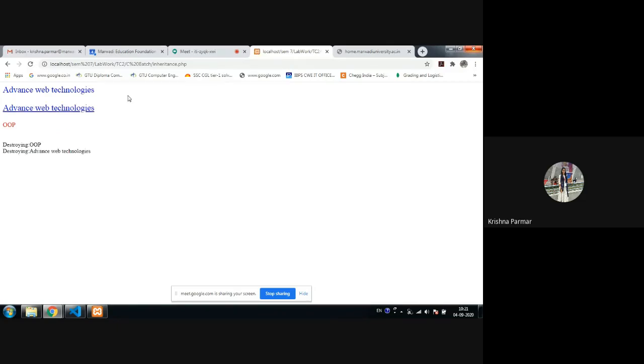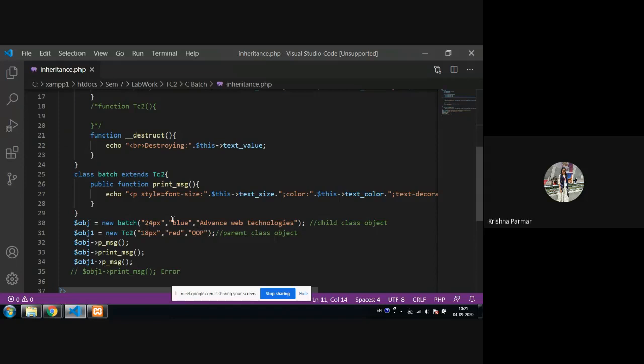Okay, I'm just explaining the output. First is the batch class, and the batch class has three different parameters. Now the question is that the batch class doesn't have a constructor. So how does it initialize these values? The output is displayed well on the output screen. How does it perform? Whenever your child class doesn't have any constructor, it will automatically call the parent class constructor, because the child class has all the properties of the parent class, right?